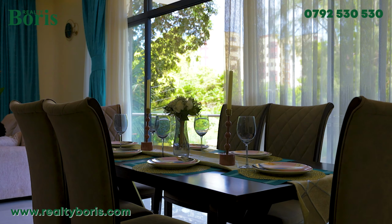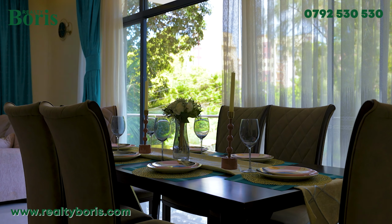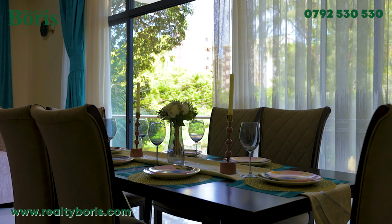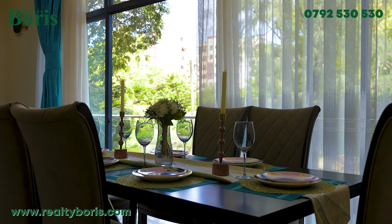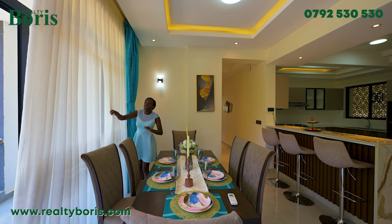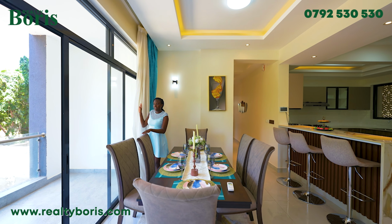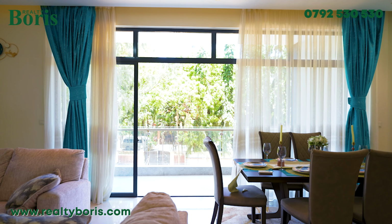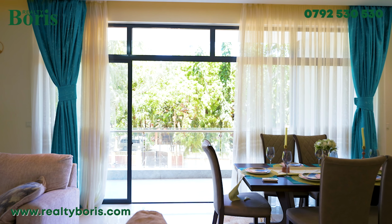And right before I even step into the balcony, I'd like for us to just have a look at our dining area. I love how intimate the dining area is, and it has been strategically placed just near the balcony. We have the sliding glass windows, just to ensure that there's light. So even if you're doing dinner at night, we have enough lighting coming into the house. We can just get rid of the curtains and we have enough lighting coming into the house, especially at night,